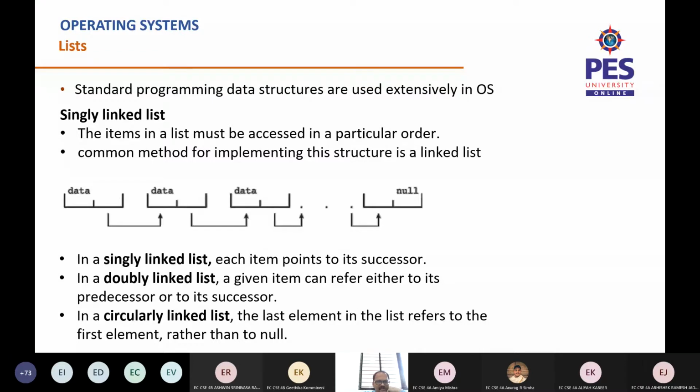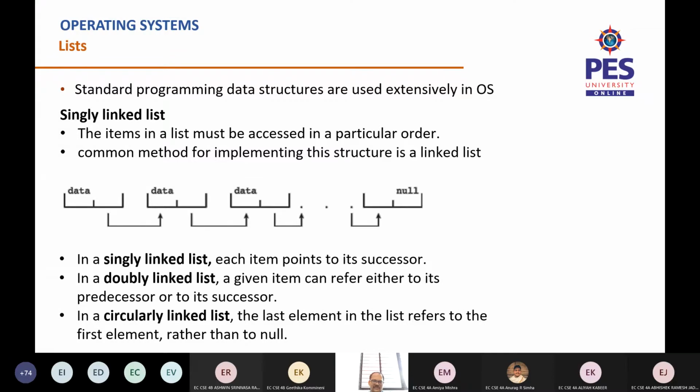Look at this diagram. It illustrates a singly linked list. There are two parts in every node of a singly linked list. One part consists of the data, and the second part holds where the next data is present. So the address of the next node is stored in the second part of that node. Like this, the nodes are arranged.